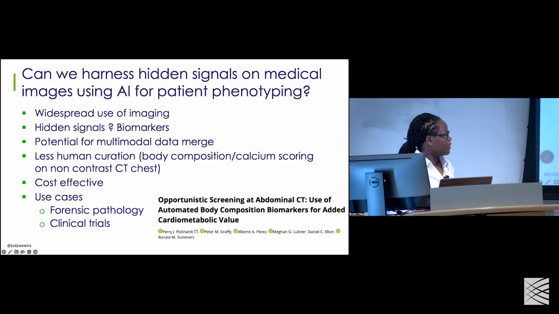Well, I don't want to be a Debbie Downer, but I started off by saying we have amazing, growing exponential amounts of imaging. And this provides opportunistic screening opportunities, even when you're not really performing that study for that purpose. We're seeing a lot of this come into the cardiac care space. And these hidden signals don't really require human curation. You may have some data, but I'm not going and trying to draw the abnormality. And so they provide an increasing opportunity for you to study this well, but we still don't understand